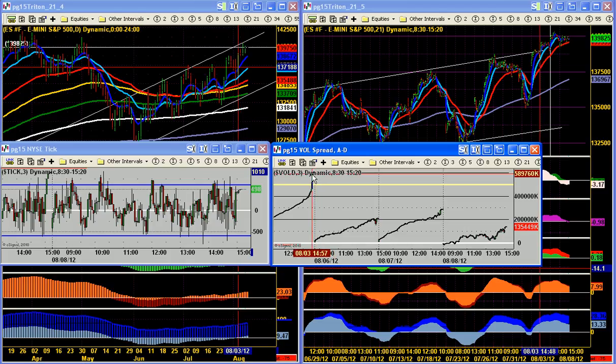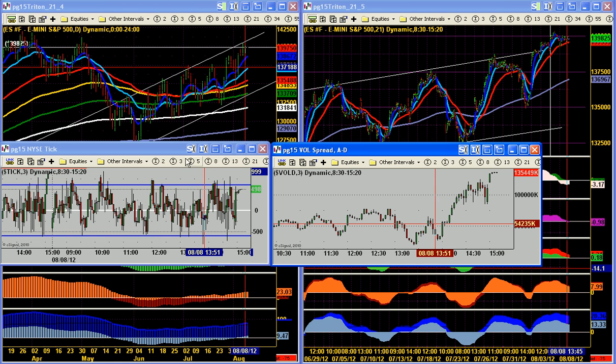A big move on Friday took us up to 600 million to the upside. That's advances minus declines cumulatively. The next day it was around 223 million. The next day it was 291 million, and today it was 146 million. It's very slow, very lethargic, and if you look at the tick chart going back,